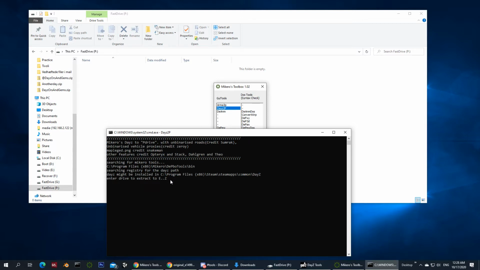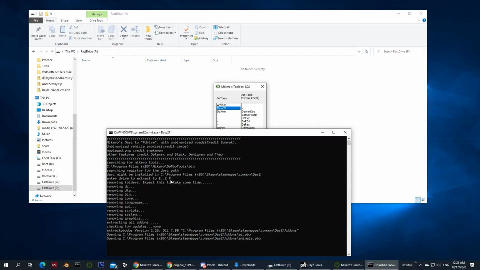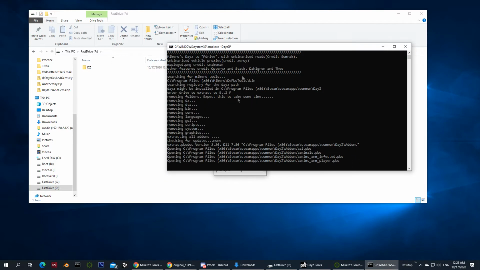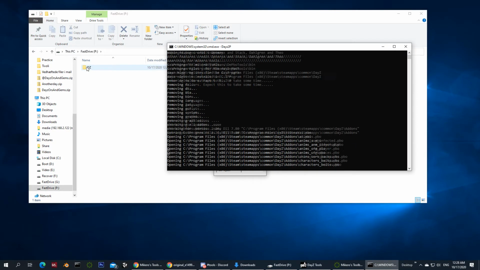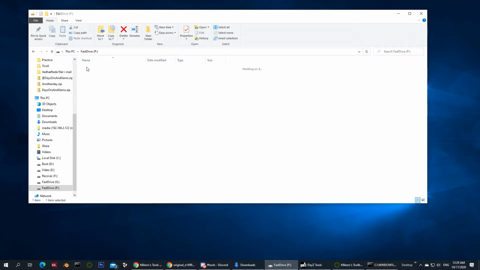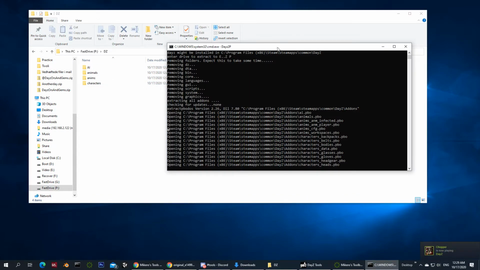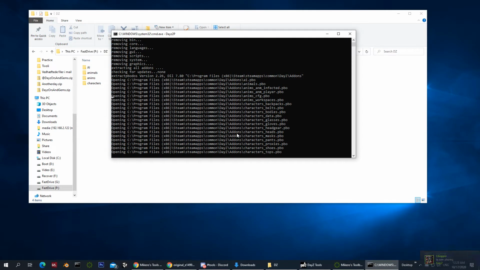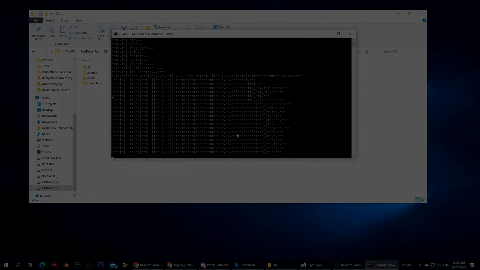Alternatively, when you get to here, you click P and then it starts by cleaning up the drive and then starts to unpack the different PBOs to put them neatly into folders. In this case, the DZ folder, you can see how that starts to fill up here. I'm not going to hang around here waiting for this to complete, but we'll cut the video and come back once it is done.